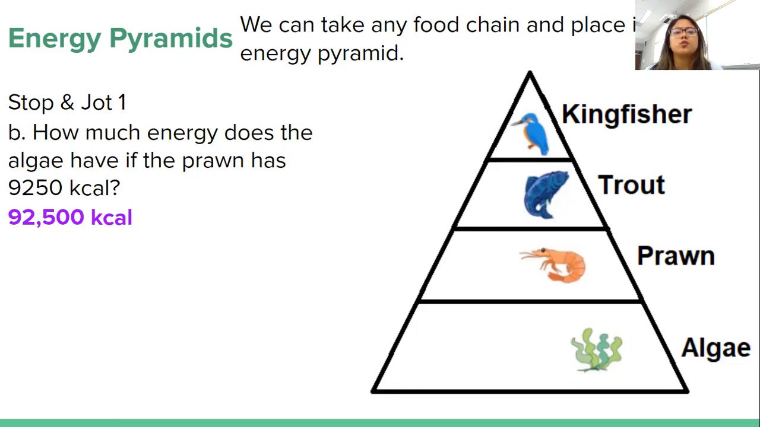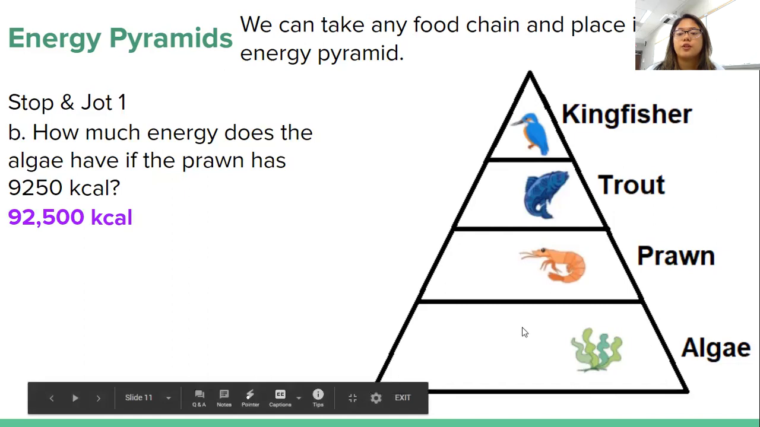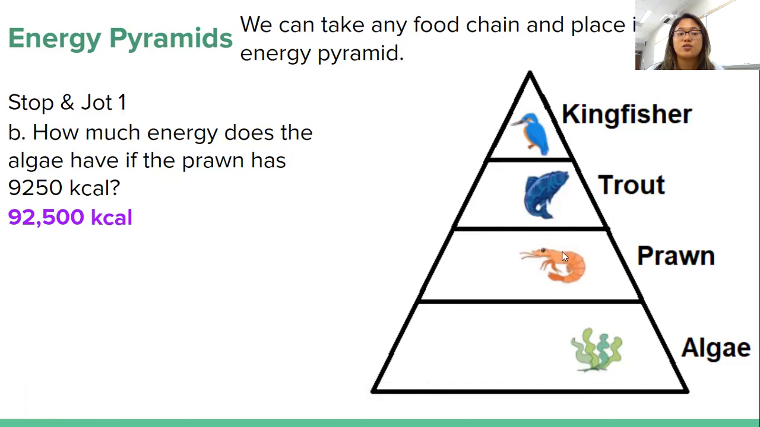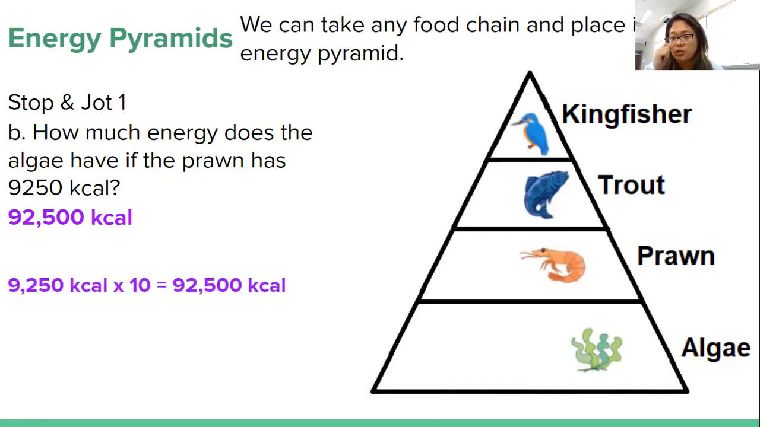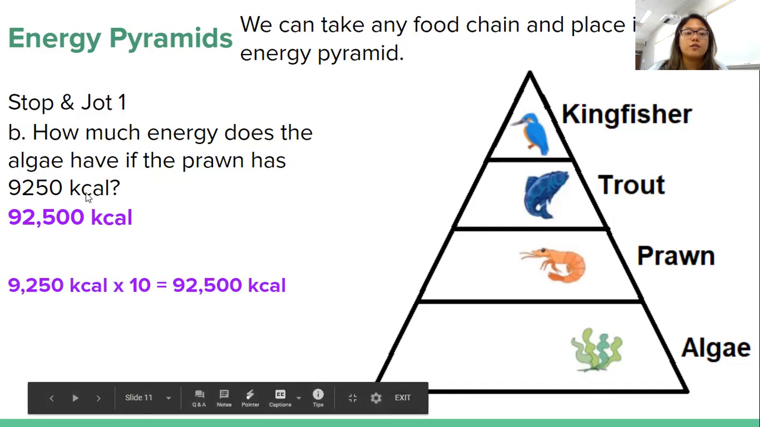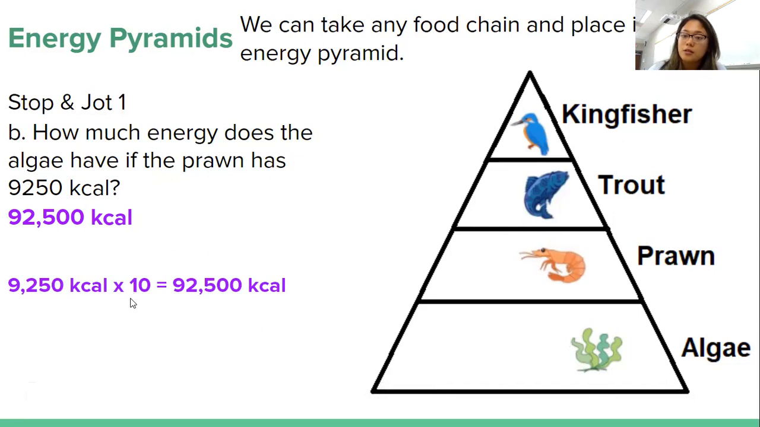Well, what about the next one? How much energy does the algae have? We don't know what the algae have, but what's given is how much energy the prawn has, 9,250. How did we get that number for the algae? Well, in this case, we're going down the energy pyramid. So if you're going down the energy pyramid, the number should be bigger, not smaller. So here we have 9,250 kilocalories that the prawn has. You can multiply it by 10, and it should give you a bigger number,